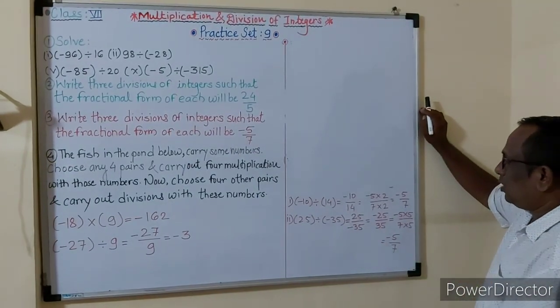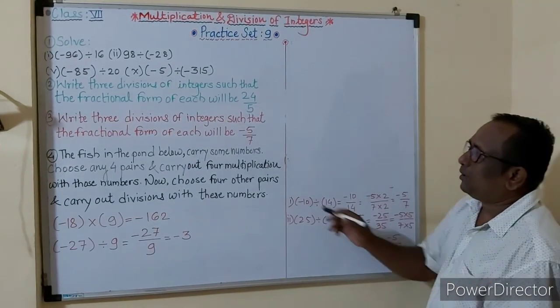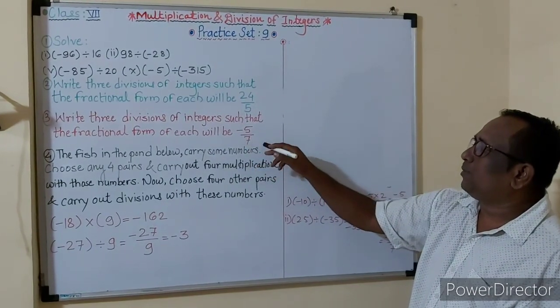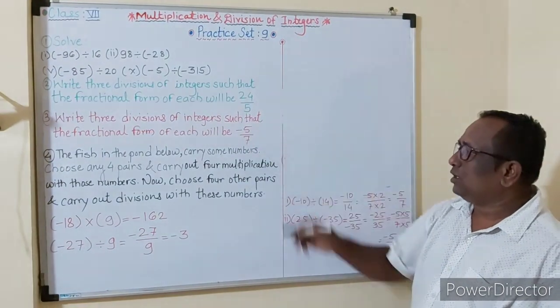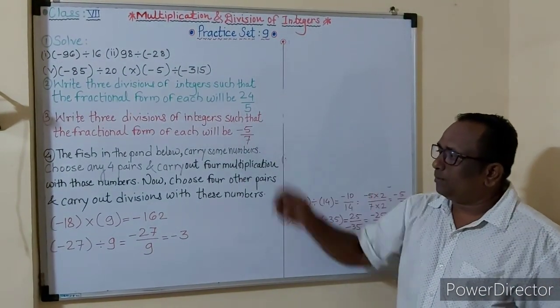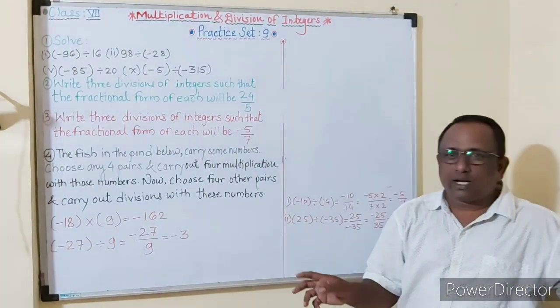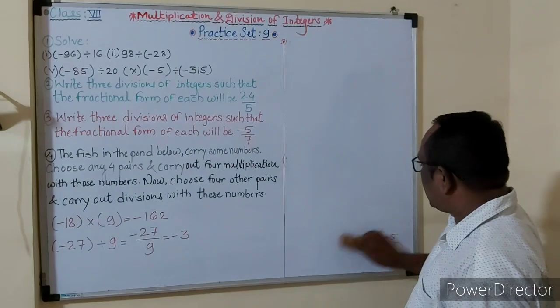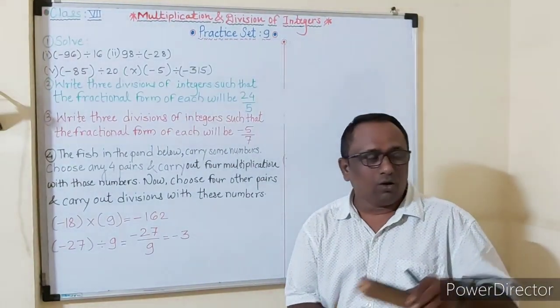And one more, you have to solve the examples like minus 5 multiply by 3, 7 multiply by 3. Okay, and you will get the third one. So this way you have to solve these 2 examples. Now here my drawing is not good like you, so I did not draw that picture of the fish.